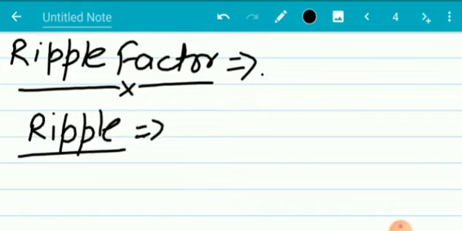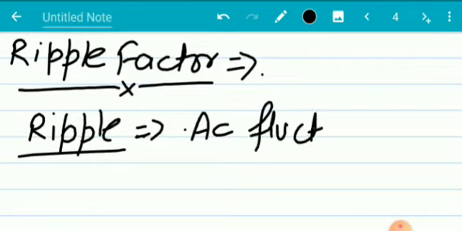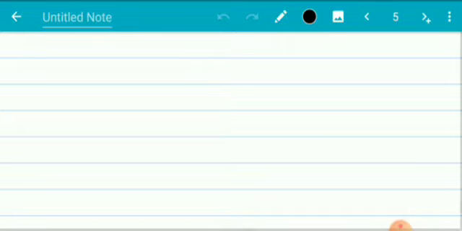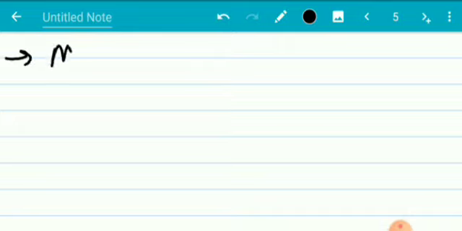The ripple is the AC fluctuation in the output of a rectifier, and the major reason